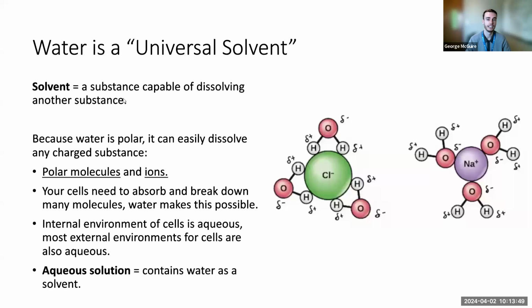But a solvent is any substance that is capable of dissolving another. So if you are mixing something into a liquid, typically that liquid is the solvent, and whatever you're mixing into it is the solute, that is what is being dissolved. And so water is the universal solvent because it can dissolve basically anything with a charge. Okay? Because of its polarity, it can form interactions with negatively charged things with its hydrogens. It can form interactions with positively charged things from its oxygens. And so in the case of ionic compounds, it will pull those apart. So yeah,